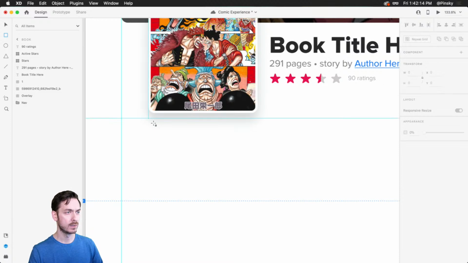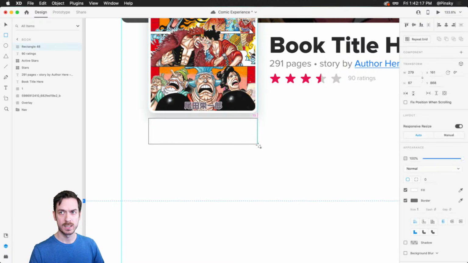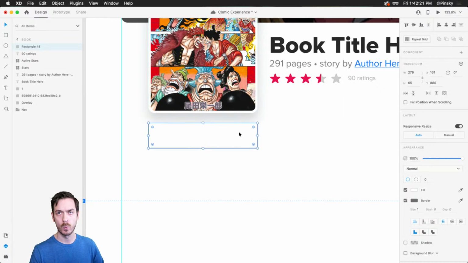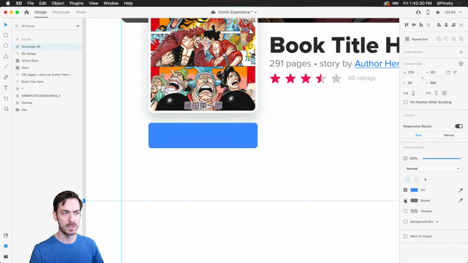So I'm gonna grab my rectangle, drag one out, just like that, and this is going to be the main call to action. Basically, the main thing that you want users to do. Let's go ahead and try 8 pixels for the rounded corners. I'm gonna make this nice blue. Probably don't need a border in this particular case, right? And then on the inside,